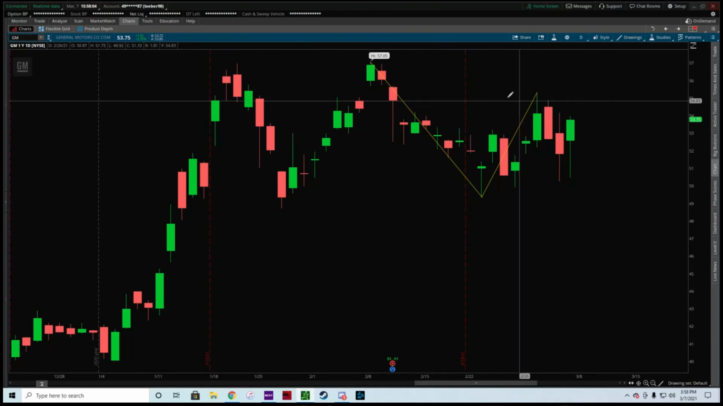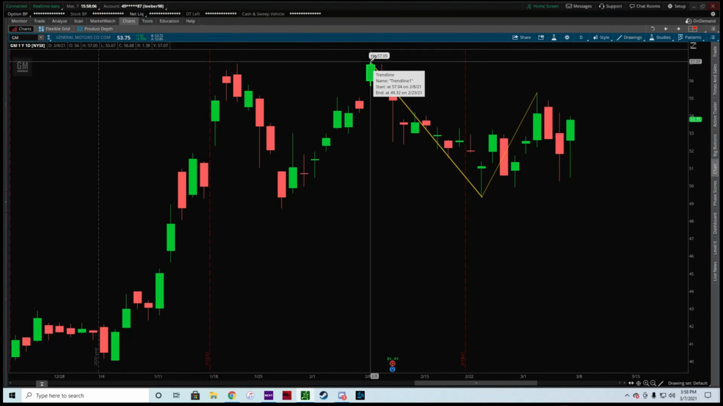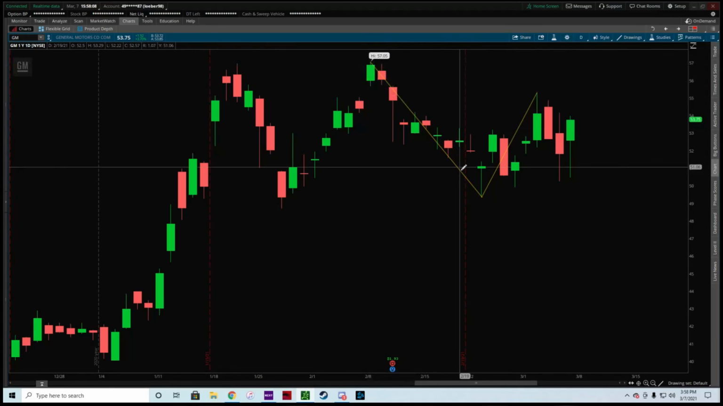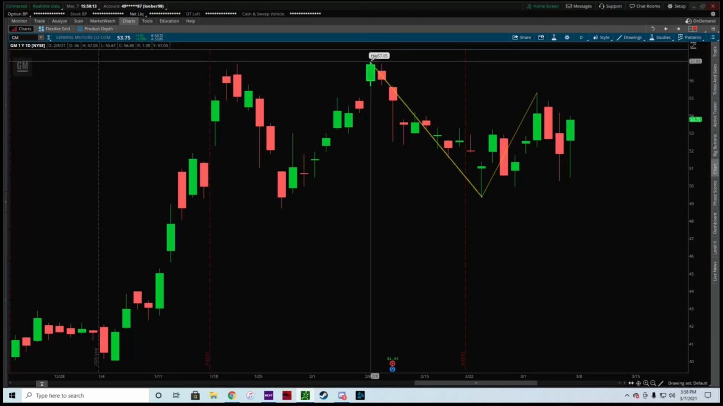Okay. So now that we have our high, we have our next low, and then we do another line to our lower high. What I can do as a trader